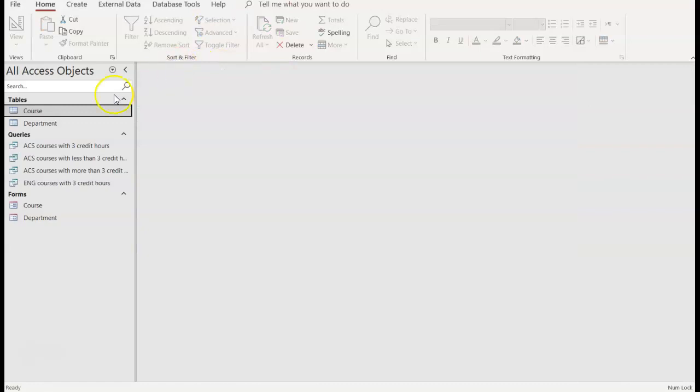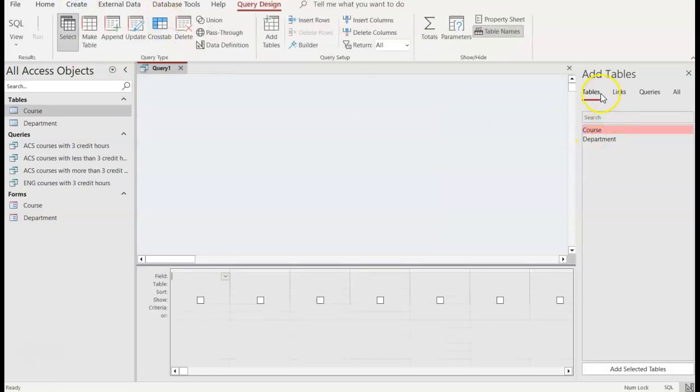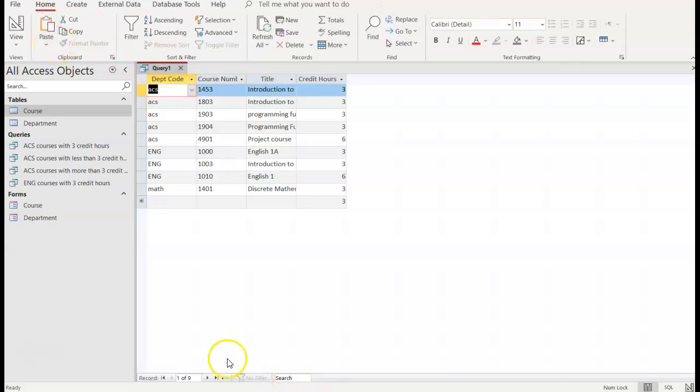So I'll close out of here. I'm going to choose Create, Query Design. I'm going to use the table Course. Now I don't want to use the asterisk because that'll put it all in one. I need the individual fields, plus I don't want description. So I'll double click department code, course number, title, and credit hours. So I'm leaving out description. And run. It's still the same 9